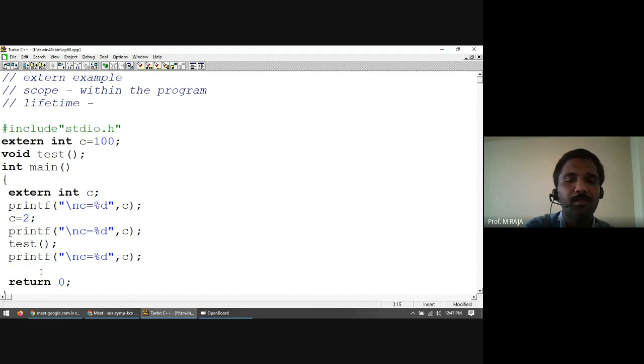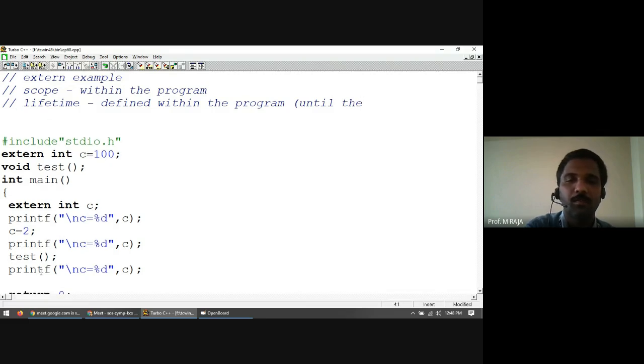Lifetime is until the completion of the program, or we can simply say lifetime is defined within the program. That means until the completion of